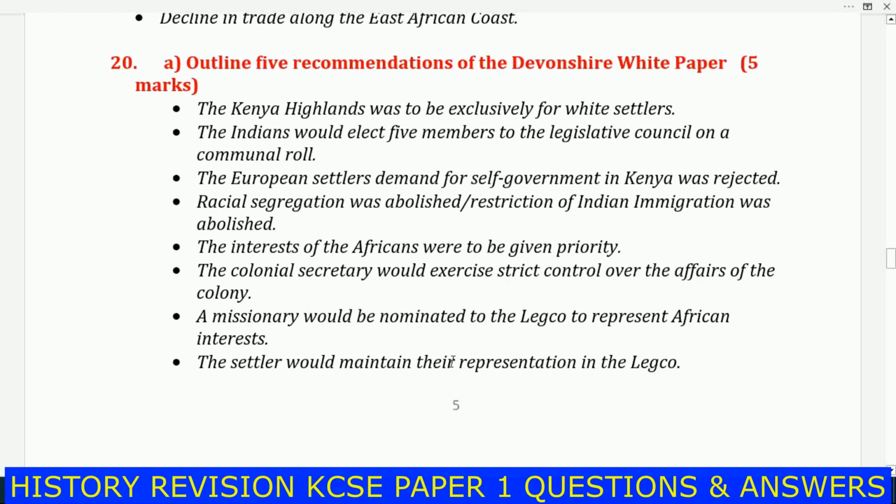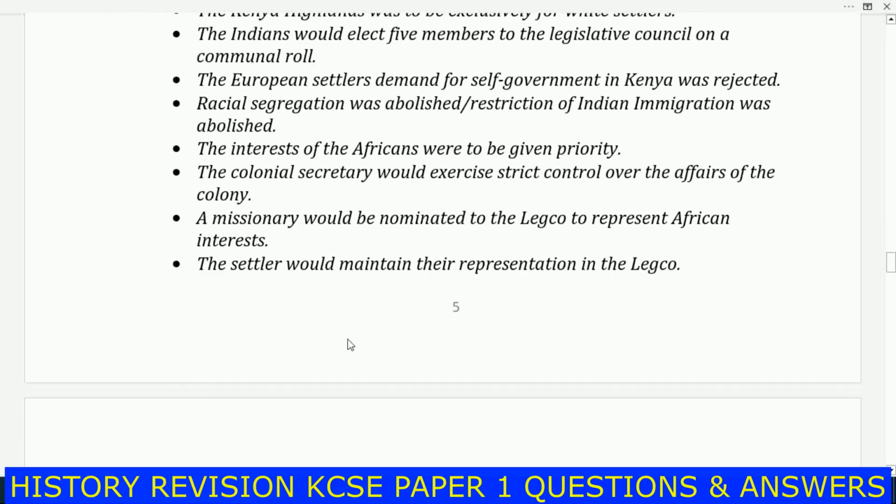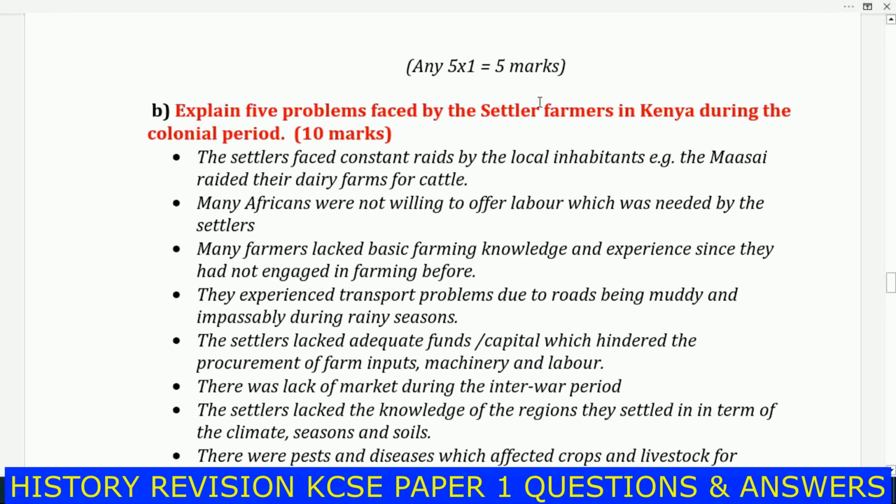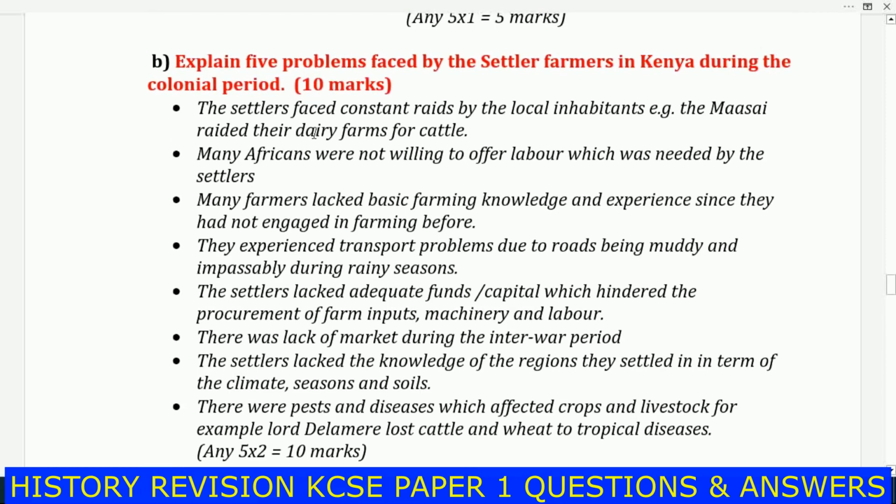Next, a missionary would be nominated to the Legco to represent African interests. Next, the settlers would maintain their representation in Legco. We are almost through. Let's go to the next one. You are told